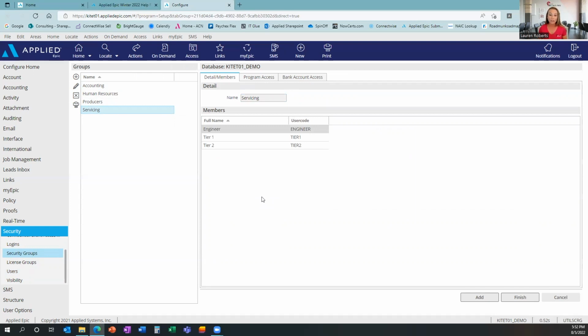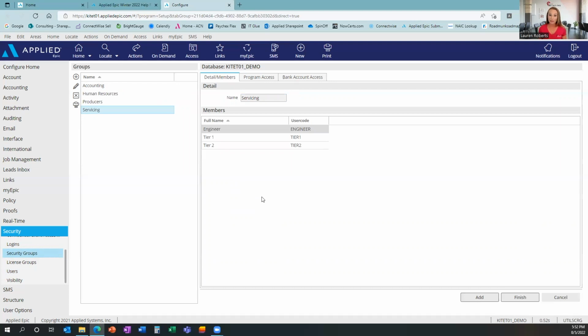You may also want to include producers in that servicing group if they are going to be accessing and adding, editing, or taking any action in Epic on the client account. You don't necessarily have to put them in the producers group because typically that's a little bit more restrictive. Then you could have other groups that might be for folks in your accounting department, human resources, maybe even benefits, just depending on what their needs are as far as accessibility and what actions they need to have access to